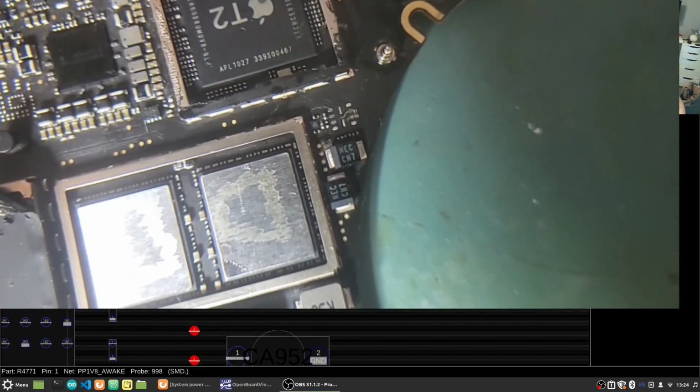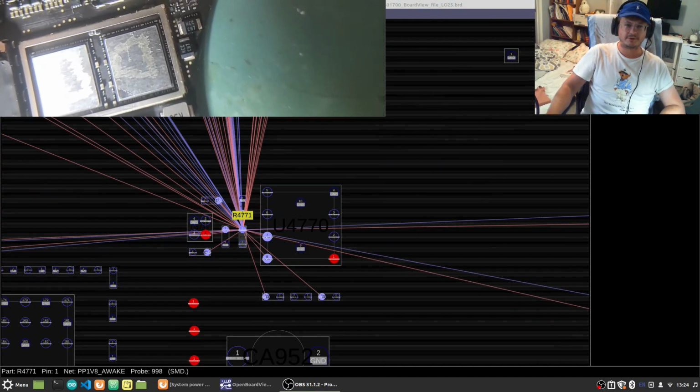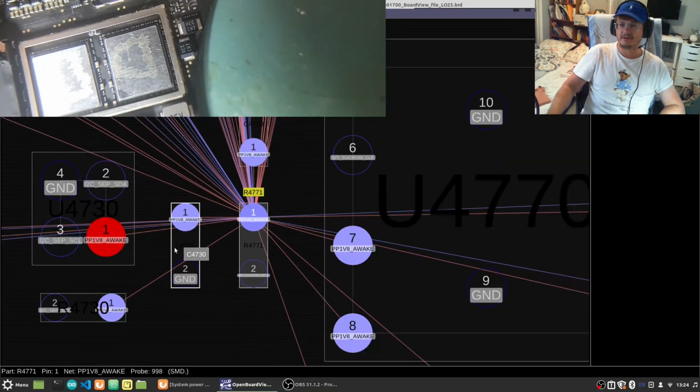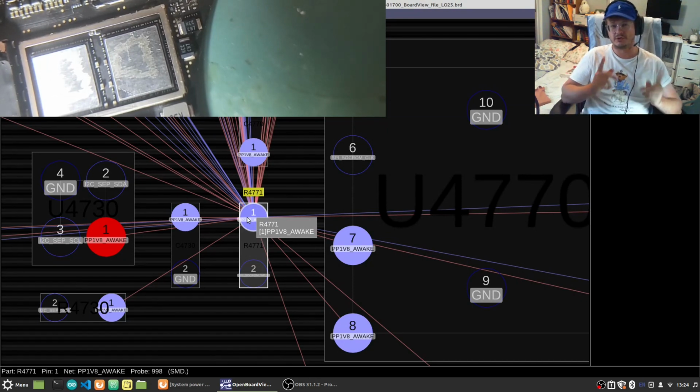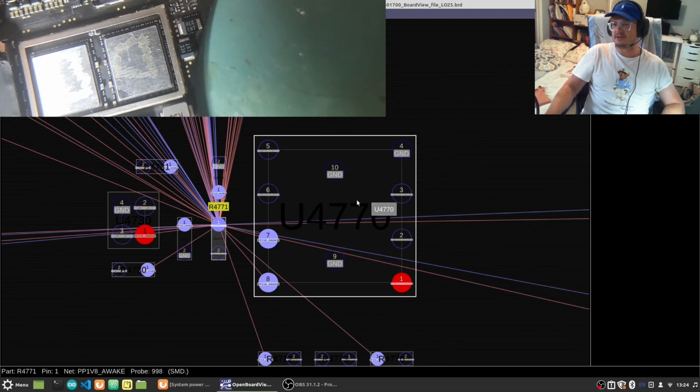These two black resistors right here, and I checked those, and we had 1.8 volts. We were good to go. But like I was explaining earlier, this